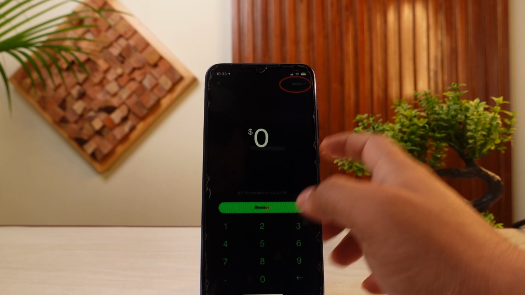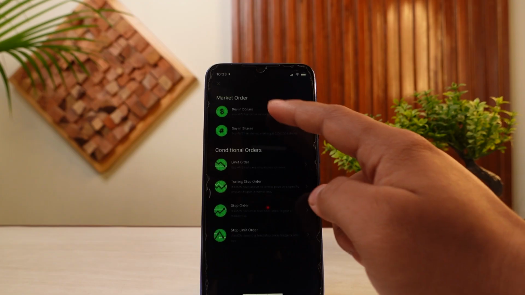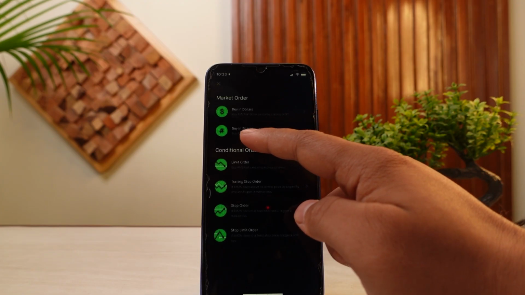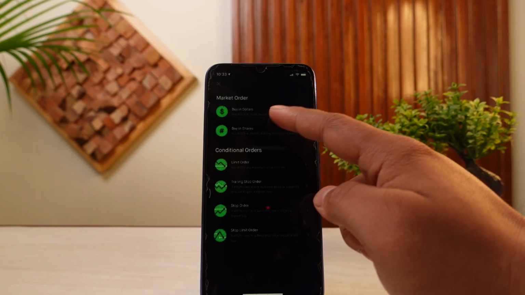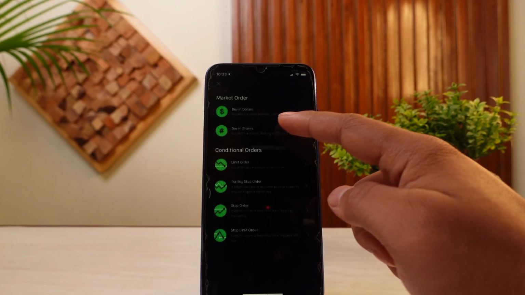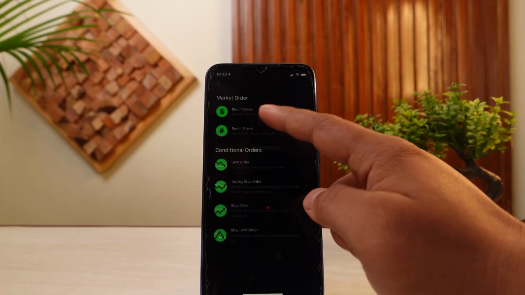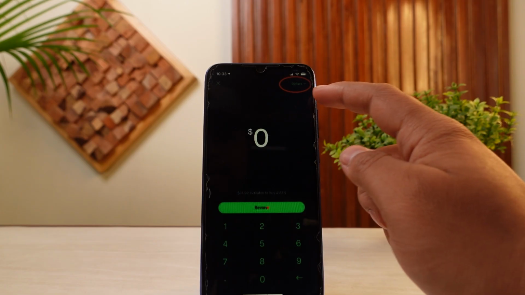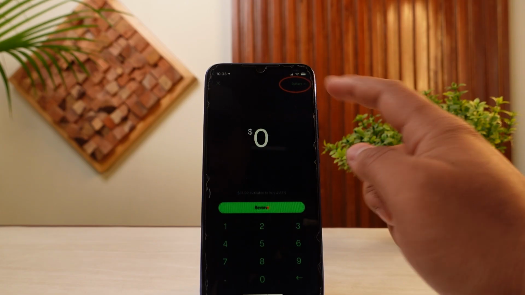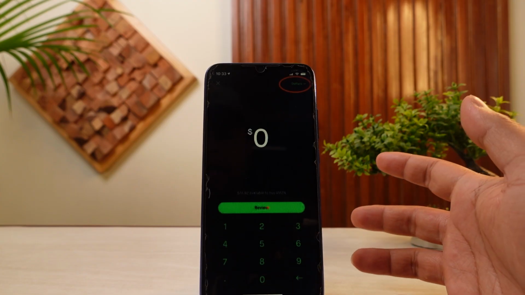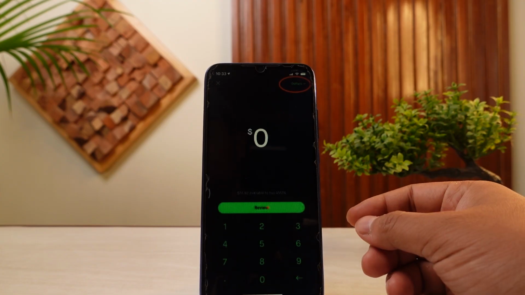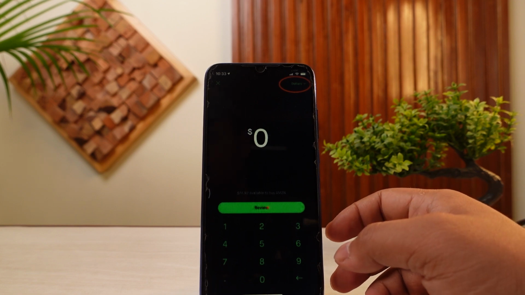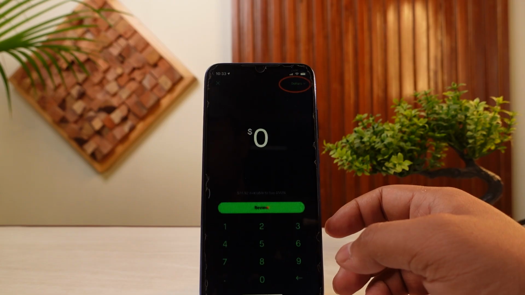So you can simply tap on it, and within this option you'll get a section called market orders or conditional orders, and within market orders you'll be able to see the option called buy in shares or buy in dollars. So if you want to activate the fractional shares feature, you can simply tap on the buy in dollars option. As soon as you do that and as soon as you head back, the dollar sign should be visible on the top right, meaning you can enter your desired dollar amount instead of the exact shares that you're trying to purchase. So this is the exact method that you need to follow in order to use the Robinhood Fractional Shares